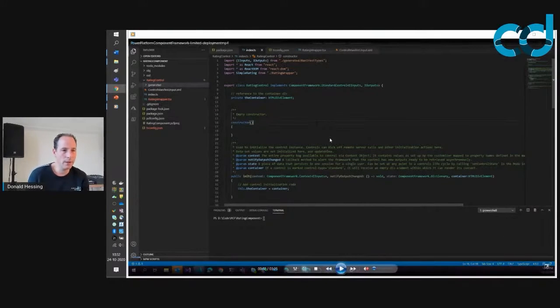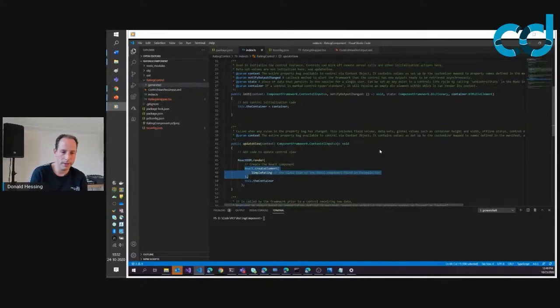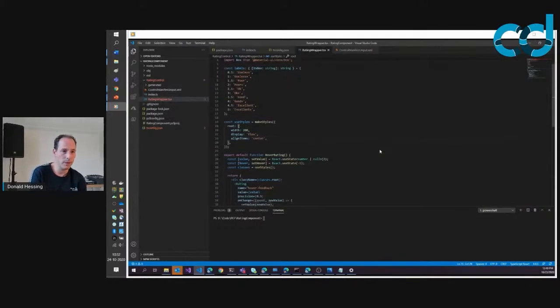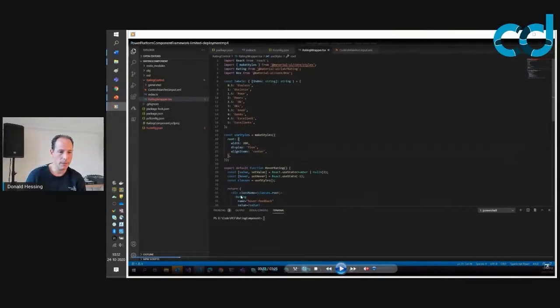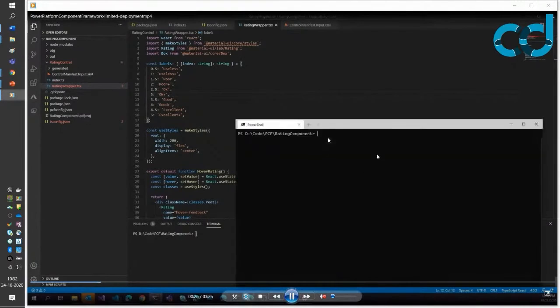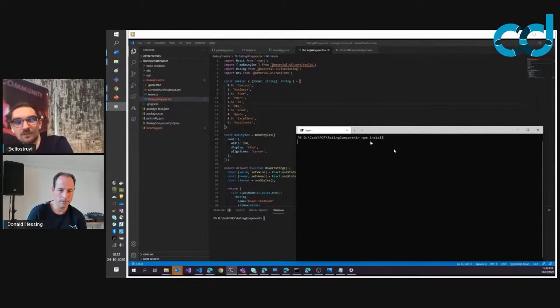So here, in the index.typescript file, you have basically the component framework logic. There is a reference to the implementation of the rating control that we utilize, and we basically instantiate the simple rating control. The rating wrapper is the actual logic. It's being used by using Material UI. And here you can see that we have the logic of the control, we have the labels being defined, and we create the control and add it to the div tag. Then we have the manifest file. The manifest file says, okay, what is my component?